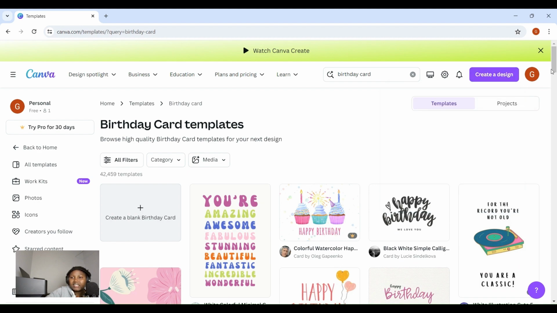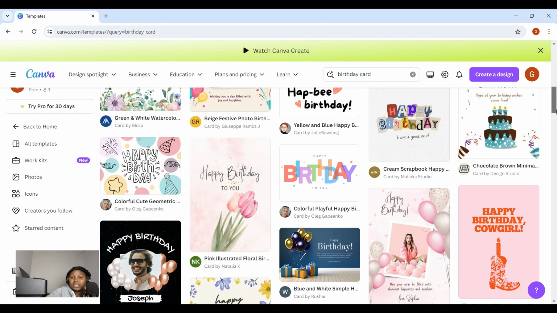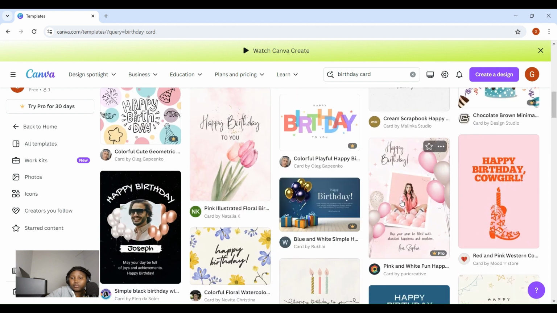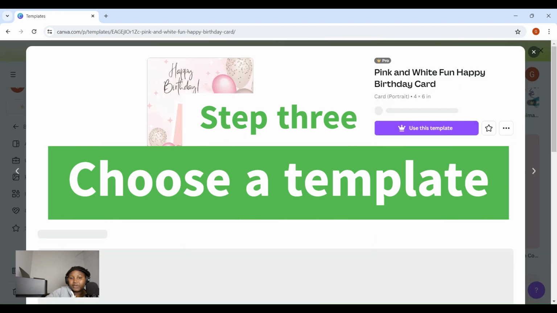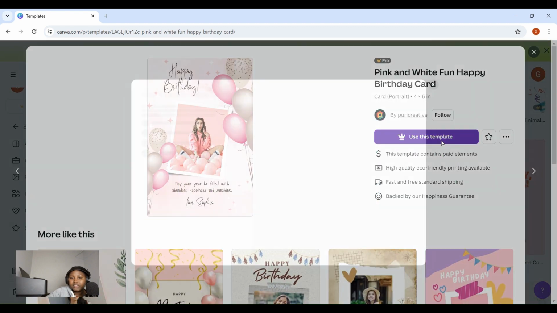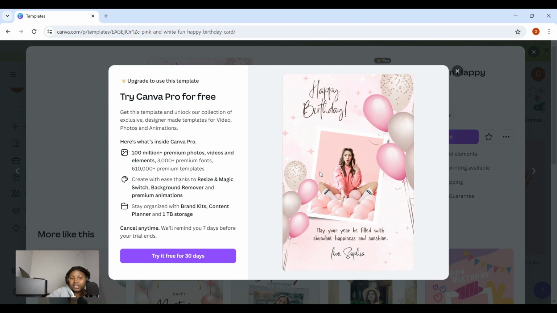So because I like the templates, I will go with the templates. This is the template I'm going for. Step 3, choose a template. This is a pro template, I know. To use these templates, you need to pay or sign up for Pro. So you can sign up for Canva Pro for free,